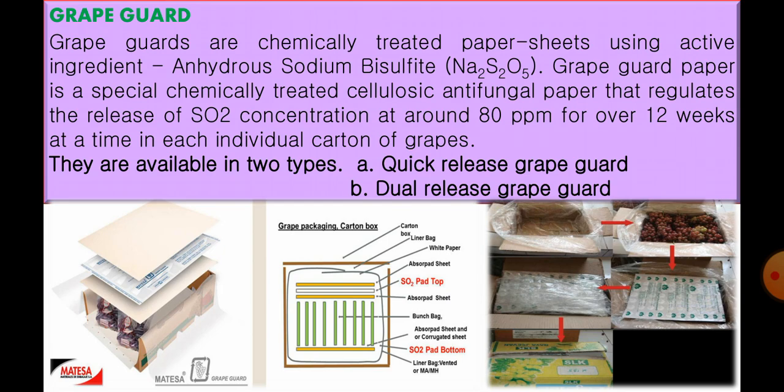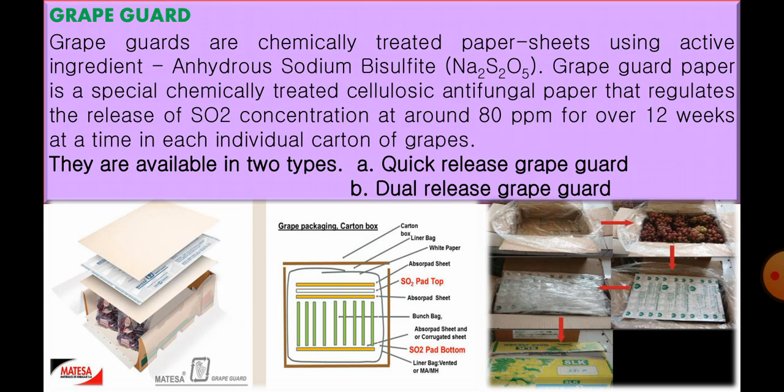Grape guards are paper sheets chemically treated with the active ingredient anhydrous sodium bisulfite. Grape guard paper is a special chemically treated cellulosic antifungal paper that regulates the release of